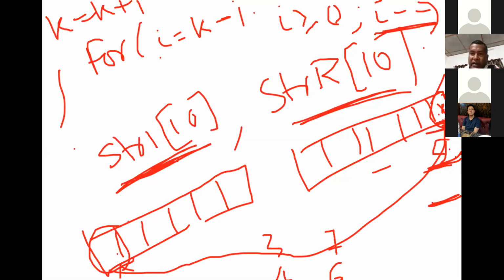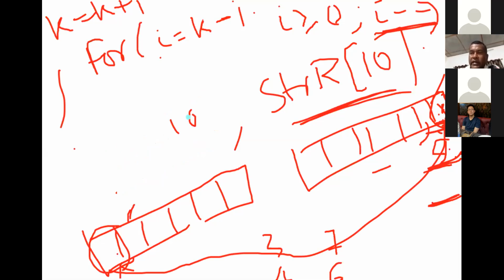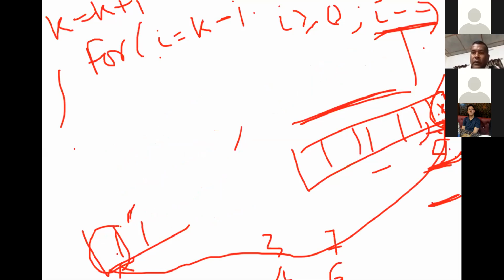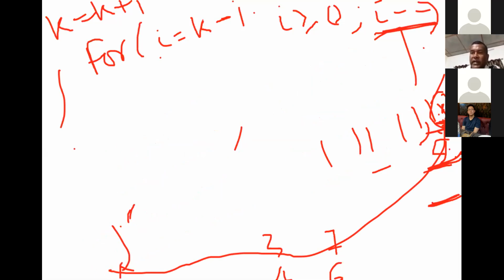Now I make this value in the next address. So that's why I told you, you have to make it like this. You have to write a for loop and the equation in such a way that you should have str reverse.